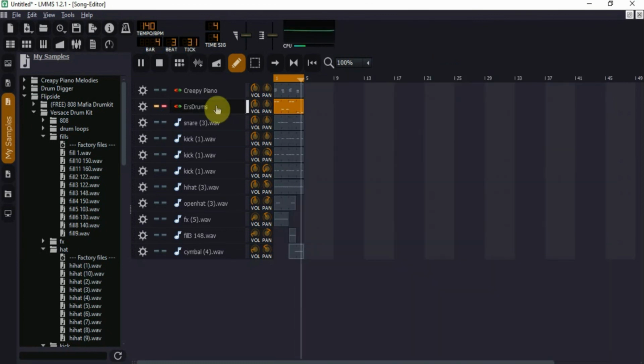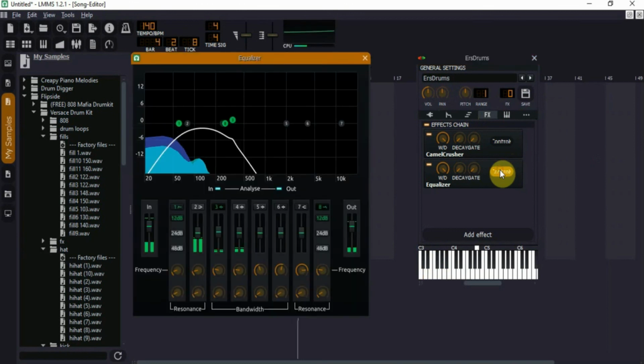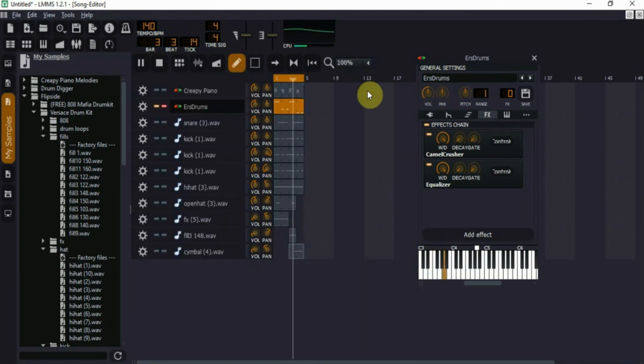And then what did I do with this? I went into effects, I added the camel crusher, and then I added the equalizer. Let me show you the equalizer. So I just cut out all the bottom end, and then I brought it over and cut out all the harmonics that were down here, because this is the kind of kick drum or 808 that I wanted,